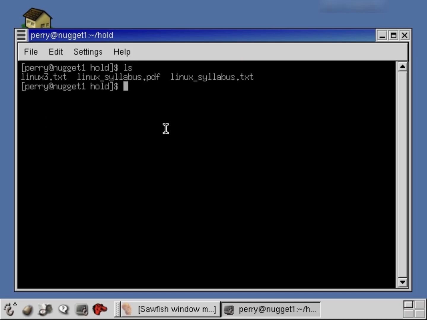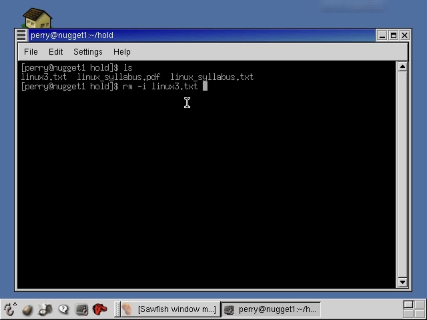Let's do an ls on the directory again just to see all the files in there. And let me show you a new command called rm, which stands for remove, which will remove or delete a file from your directory. With most Linux commands like rm, you can specify options for the command. You can specify an option like this, usually with a minus sign and then some letter. So the i here stands for inquire. The operating system is going to inquire and make sure that we want to remove the file that we're specifying. So if I say something like this and then say linux3.txt, this is going to remove linux3.txt from